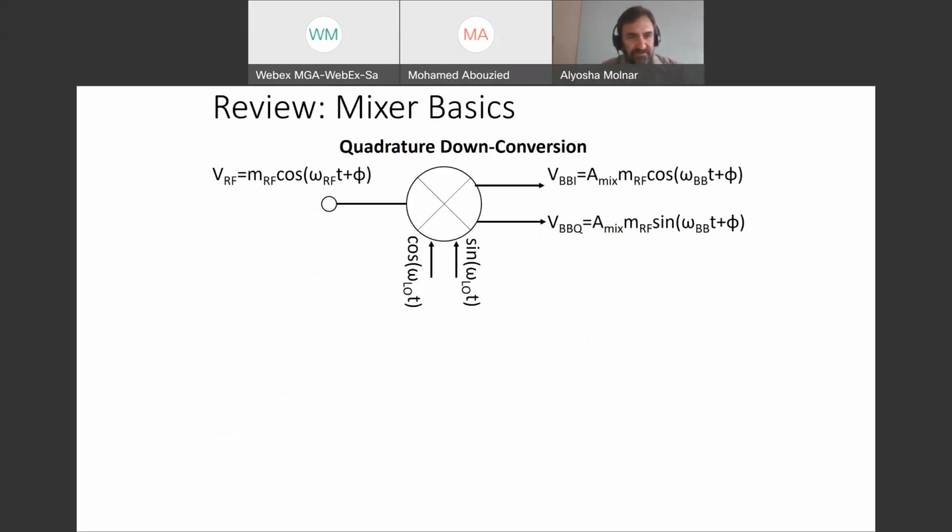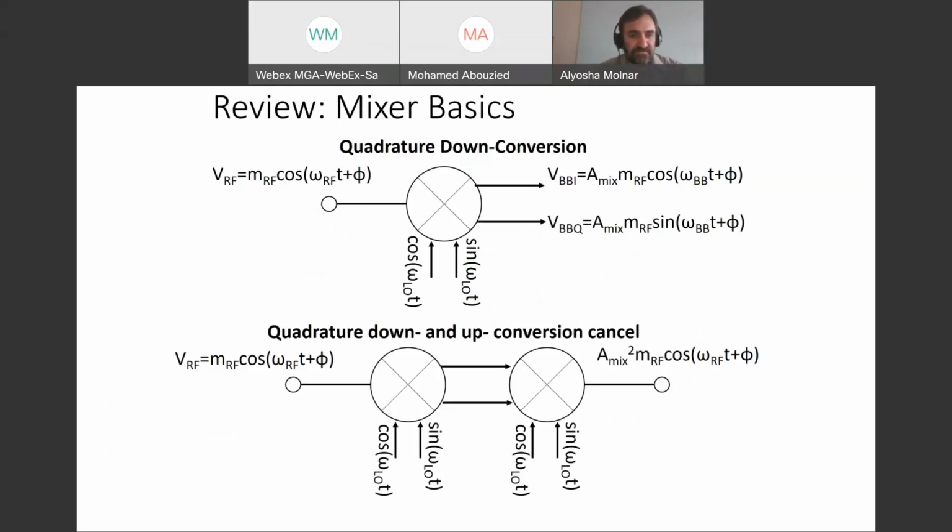If we have quadrature down conversion, we bring in an RF signal with an amplitude and phase. It gets downsampled to quadrature, which has in it both the amplitude and phase information, but usually some gain as well on top of it. And if we follow that by a correlated re-up conversion, what we get back is the original signal we put in, just modified in amplitude. The original phase information and amplitude information, our phase and magnitude information, are still there, just multiplied by some additional